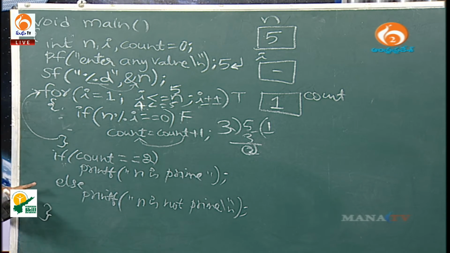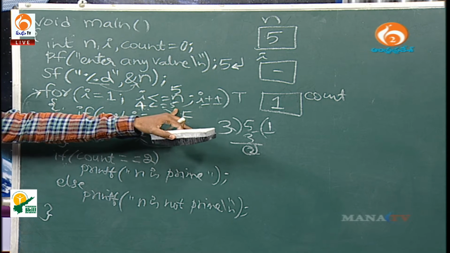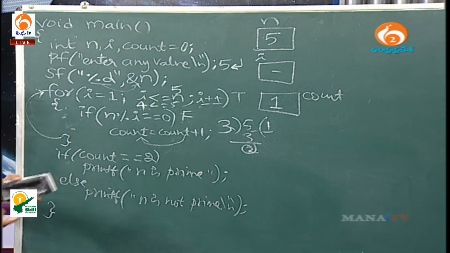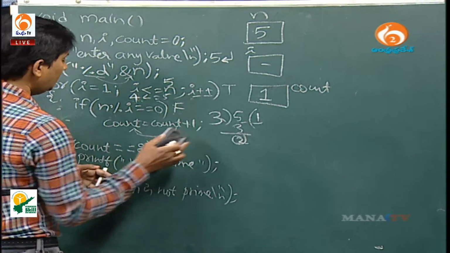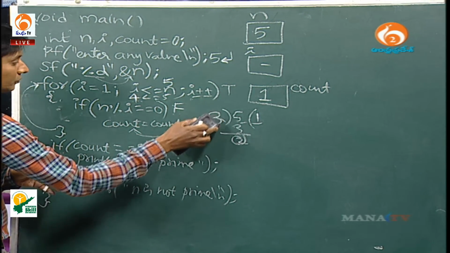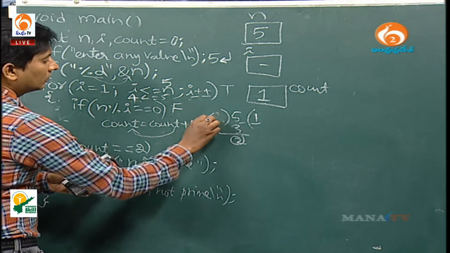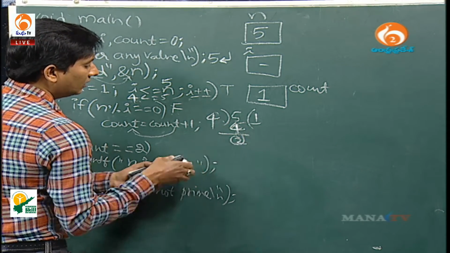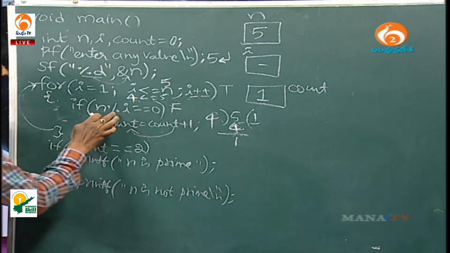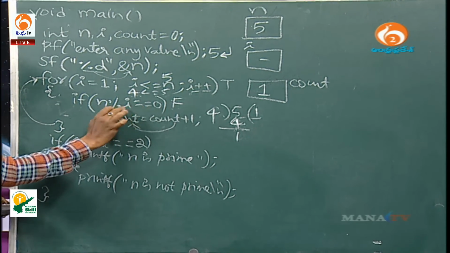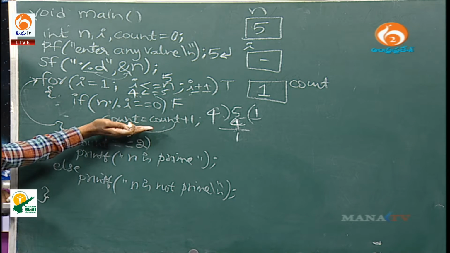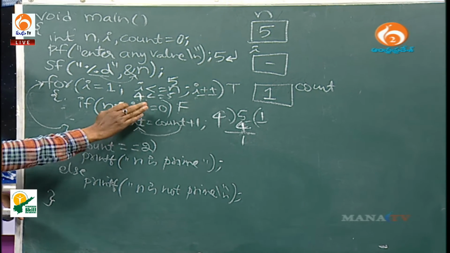4 less than or equal to 5, which is true. Again control comes here. If n % i, n is 5, i is 4. So the remainder we will get is 1. 1 double equal to 0, which is false. So the body of the if condition is not executed. Next iteration,